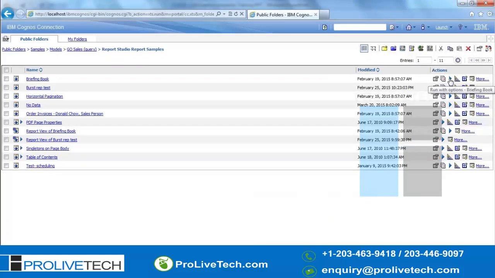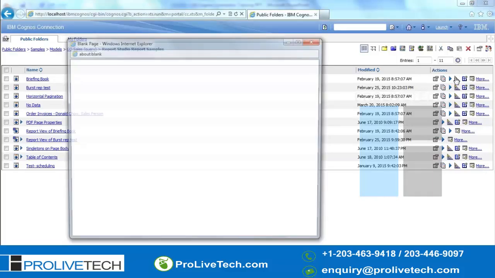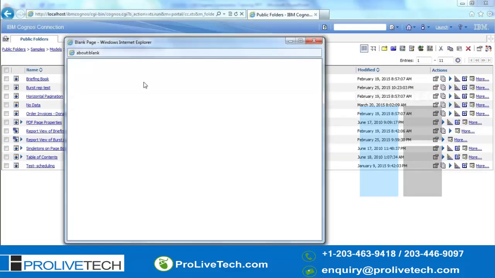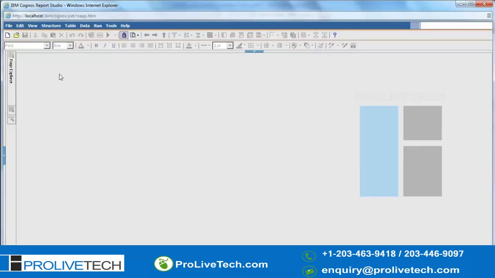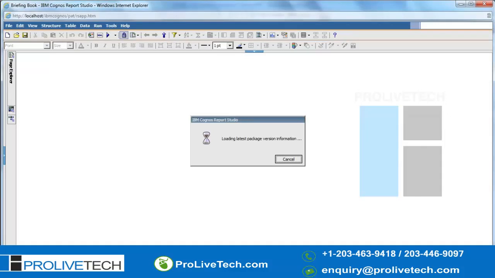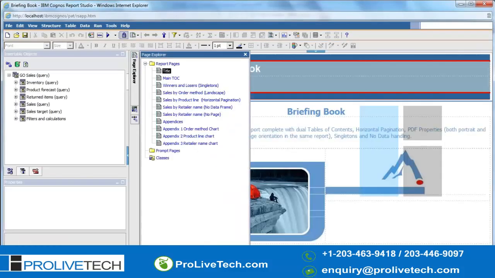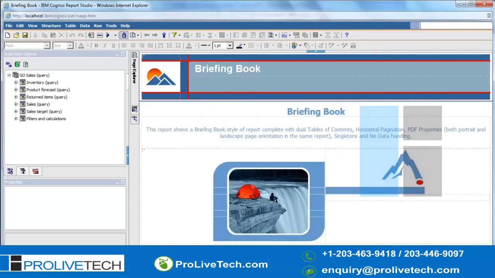It will give you more options. Whereas this icon, if you see this icon, that means this particular report has been created in Report Studio. So you can open with Report Studio, this link. You click on this, it will open in design mode, so you can see how they have created the report. This is the Report Studio interface. Here it has multiple pages. They have created these many pages. That's the reason in Excel we have multiple tabs.